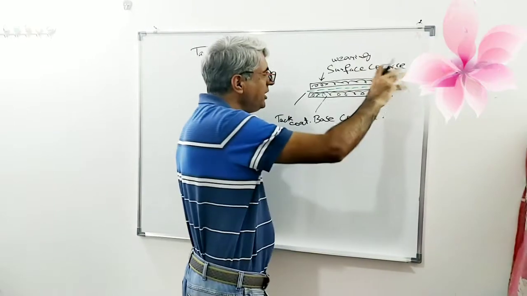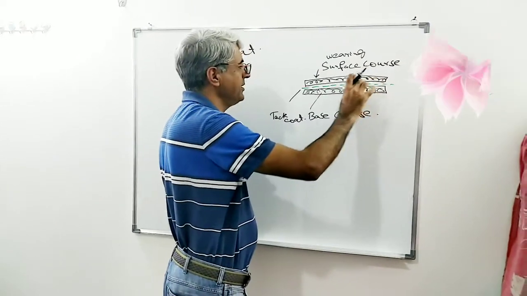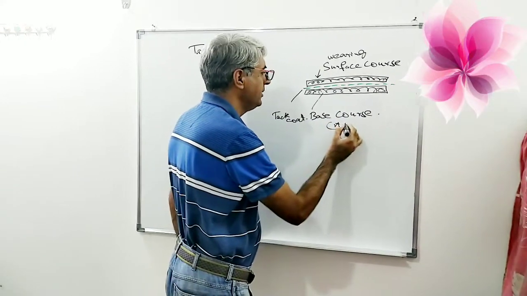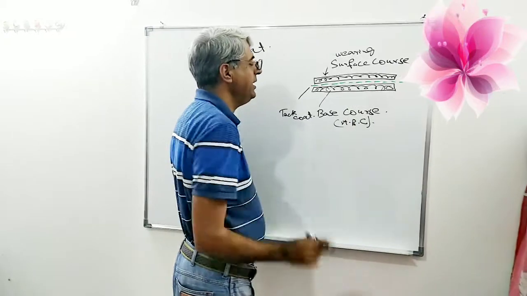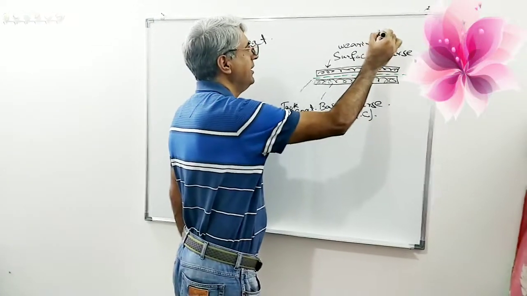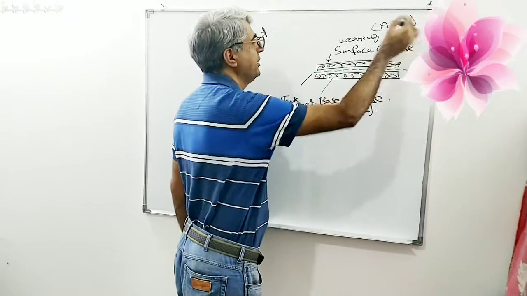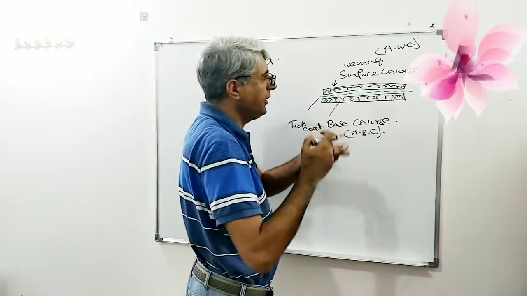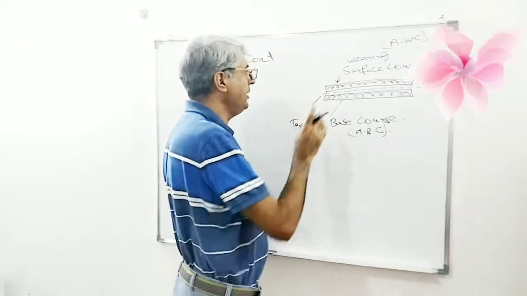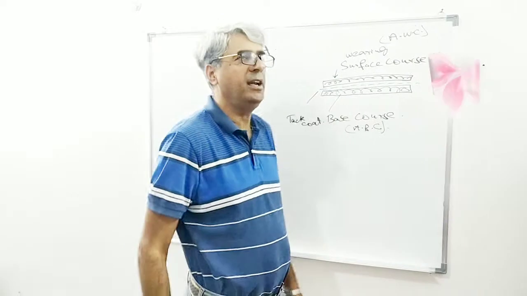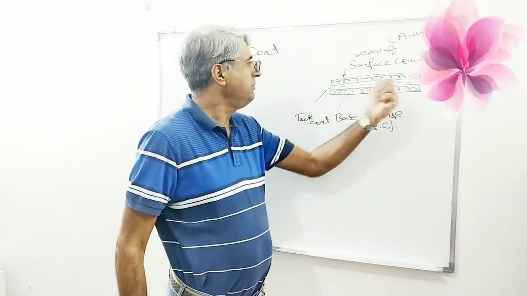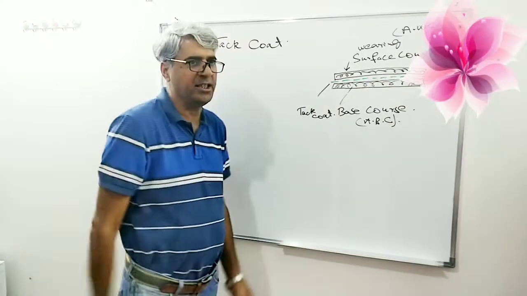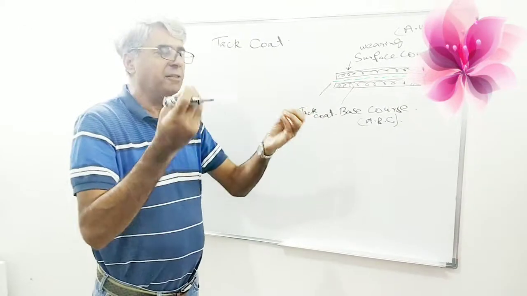Between these two types of bituminous surface, because this base course is the asphalt base course, and this is the asphalt wearing course. So between these two asphaltic surfaces, always, in order to give a fine bonding, we are going to apply an emulsified bitumen, and that emulsified bitumen is known as the tack coat. Clear? So from this you try to understand, tack coat is always applied